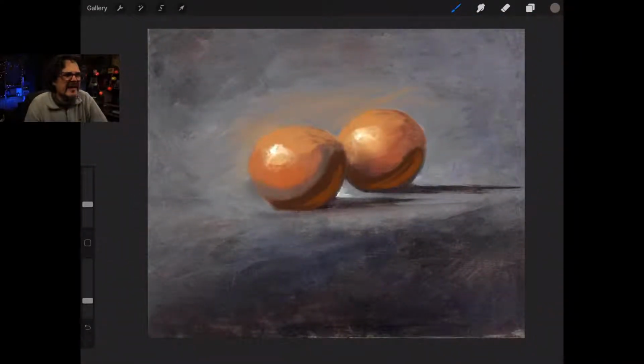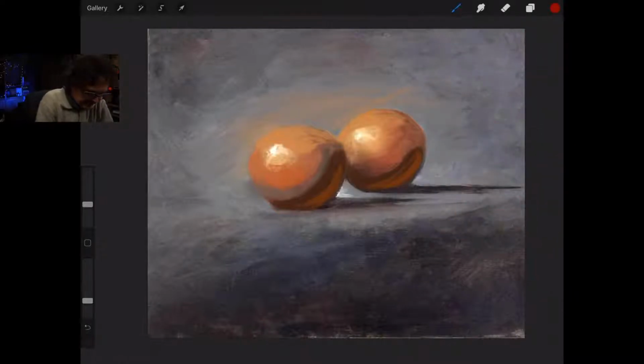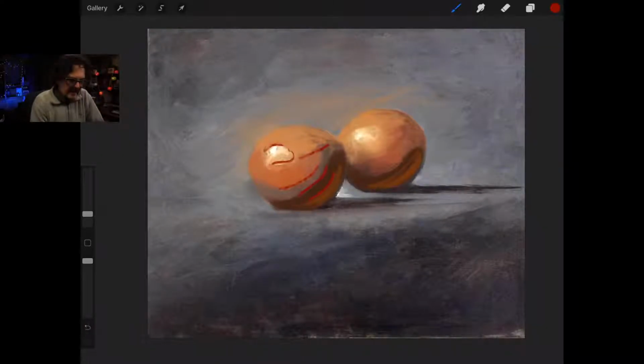So I've got some hard edges still on the interior of this thing. Hard edges around the highlight, hard edges around the blanch to the color, hard edges from the color to the air. I've got hard edges from the air to the shadow, and from the shadow to the reflected light. So if you guys didn't follow that, what I just said was I've got hard edges on the interior of this object.